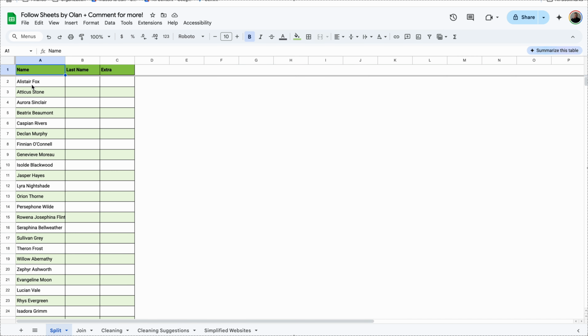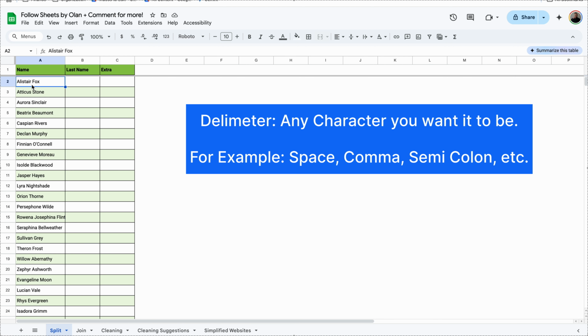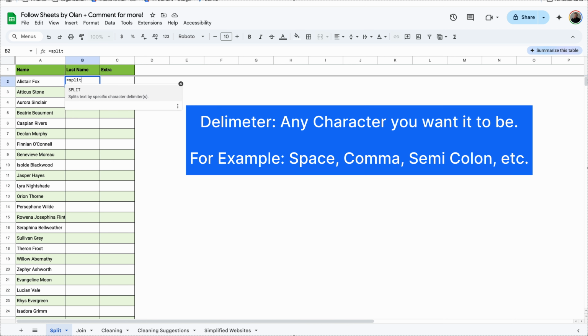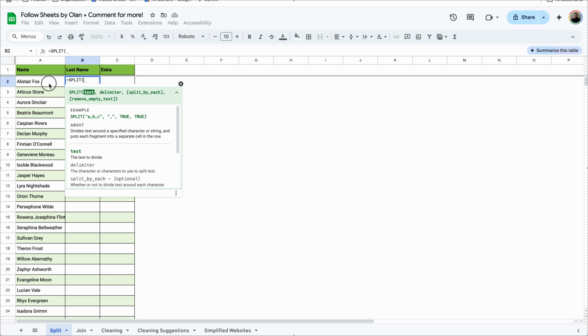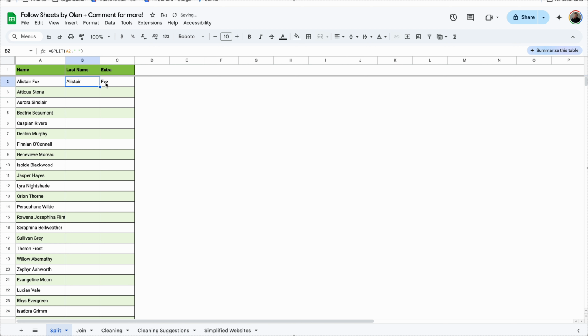And splitting is exactly as it sounds. You're splitting text based off of something. And the something is what we call a delimiter in the spreadsheet world. And a delimiter is just whatever character you want it to be. So for example, I can type in equals split, and then the text that I want to split is the name, and then the delimiter. So in this case, we have a space between the two different parts of the text. So I'm simply going to put quote, space, quote, press enter,